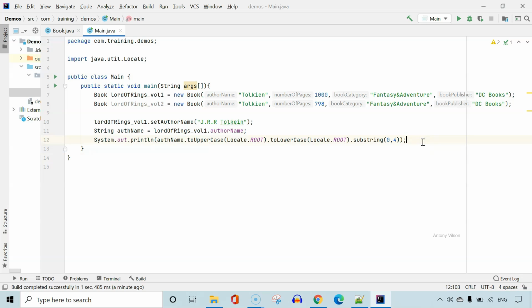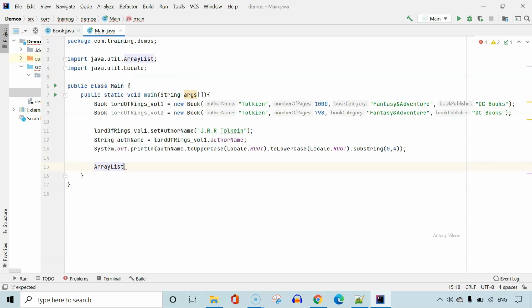Now this course is all about collection framework, such as we can store all these objects into collections as well. So let's create a collection, ArrayList, and this ArrayList is going to store books, Book. Then we can have a name books equal to new ArrayList.